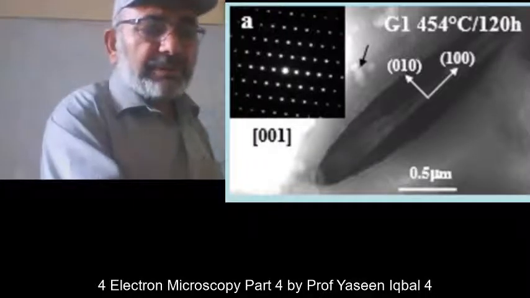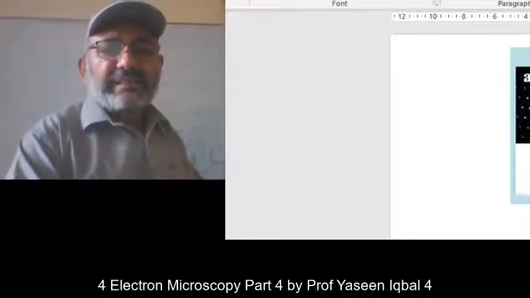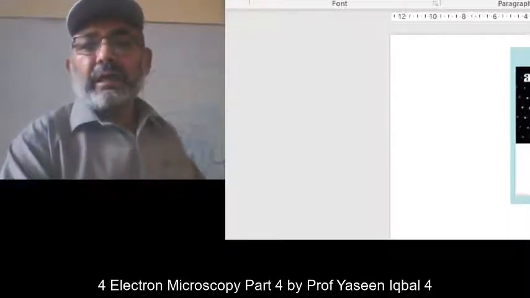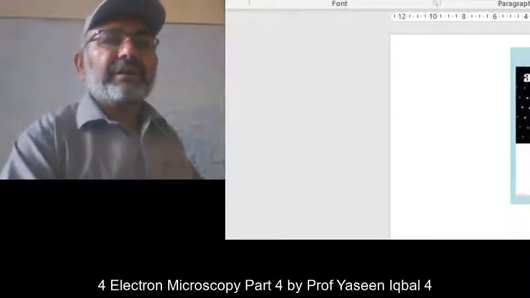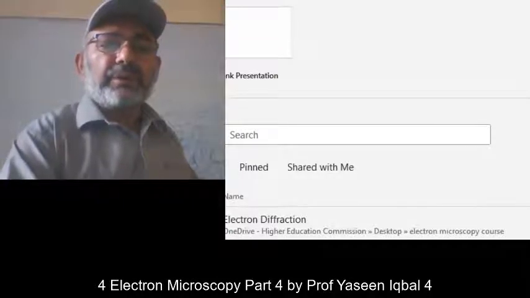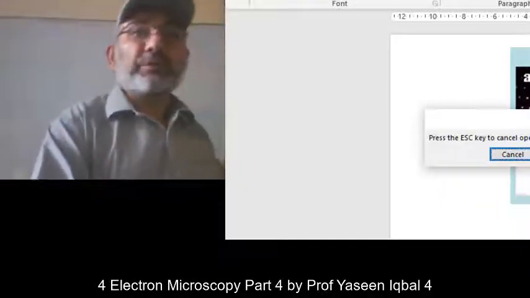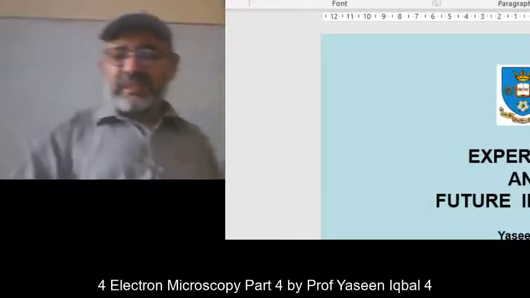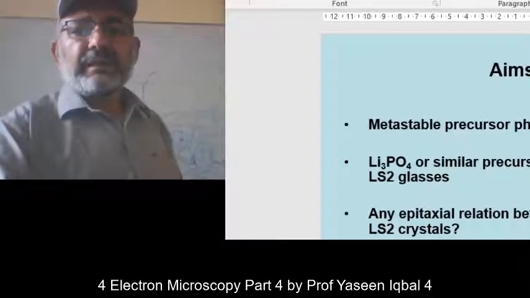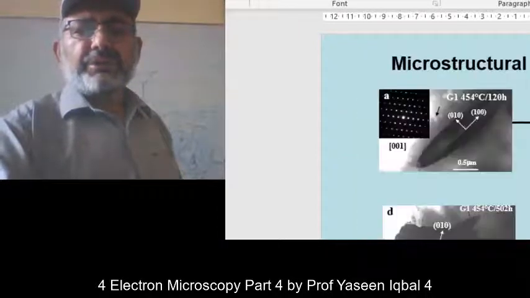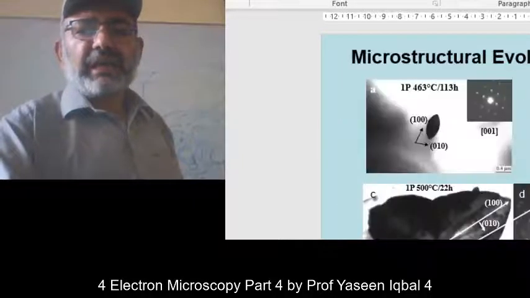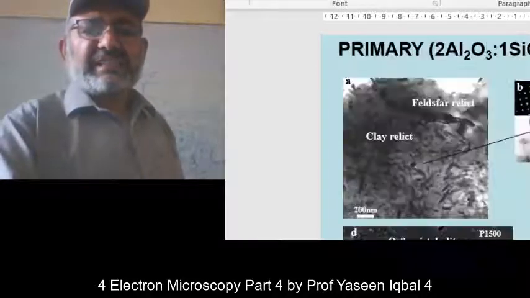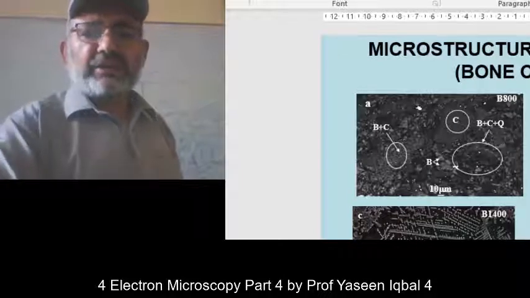Now, people don't rely on single techniques and they go for more and more accuracies and supporting techniques to confirm what they have found with the electron microscope, because the main deficiency of the transmission electron microscope is that it gives you information about a very limited area, and that limited area is just like you take a small stone